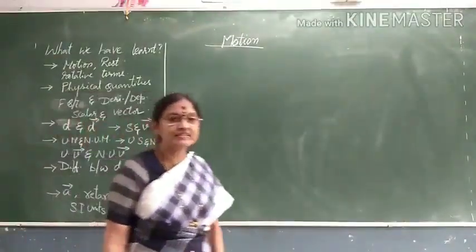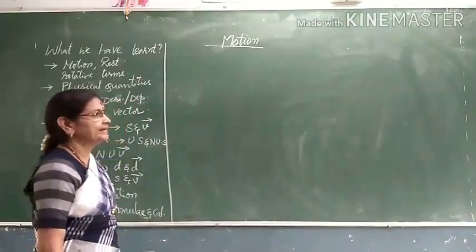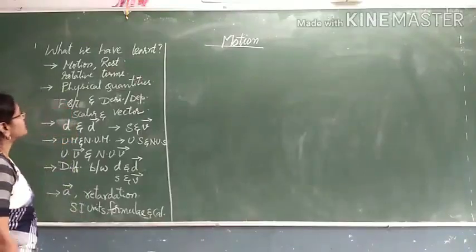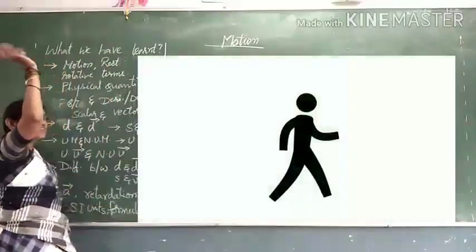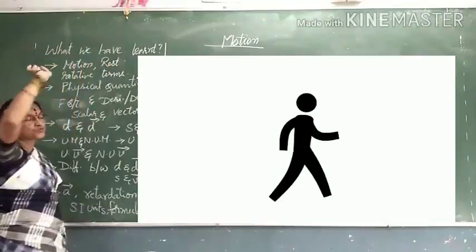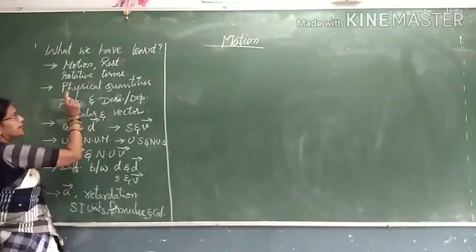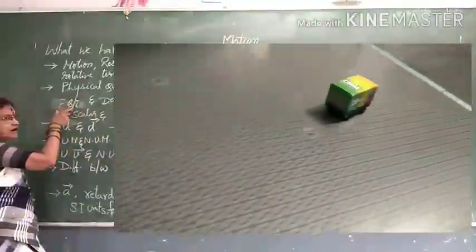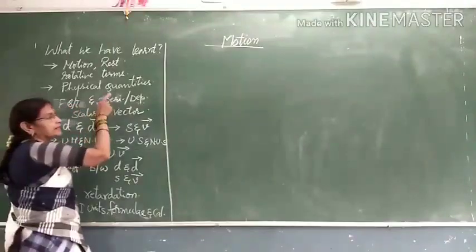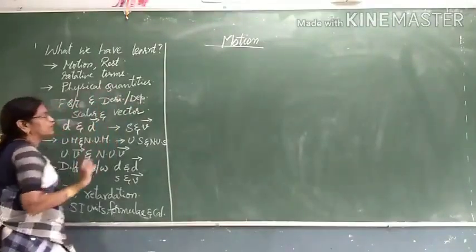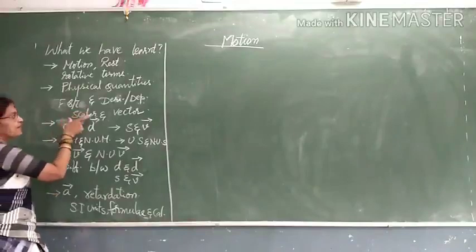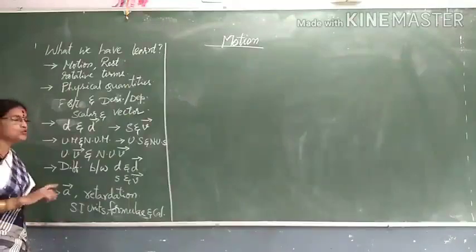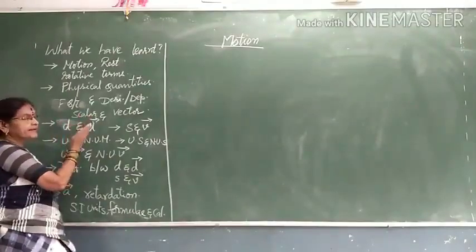Now, what we have learned in all the three classes, again, we will be repeating at a glance. First, today's class: motion and rest, the relativeness of motion and rest. These two are related terms we discussed. And next, the physical quantities. By measurement, fundamental quantities are independent quantities, and then dependent or derived quantities. By description, we have classified them as scalar quantities and vector quantities. And also we discussed distance and displacement.